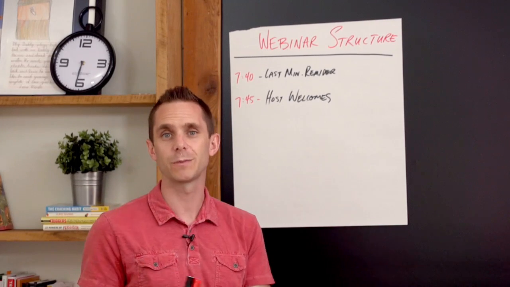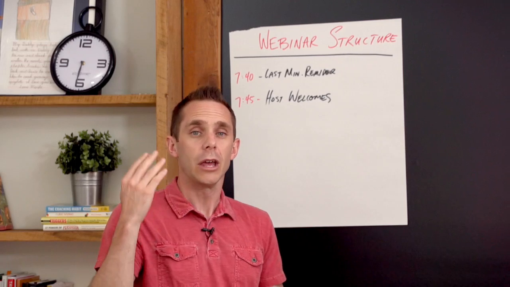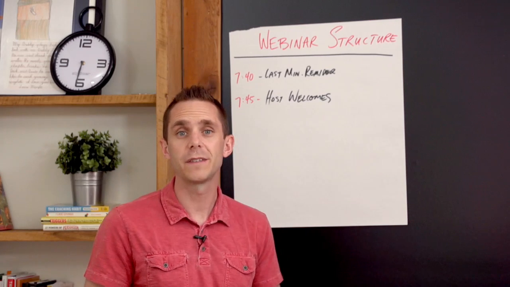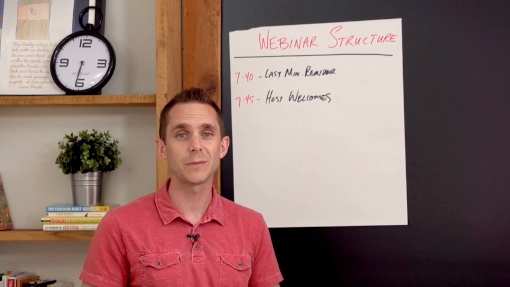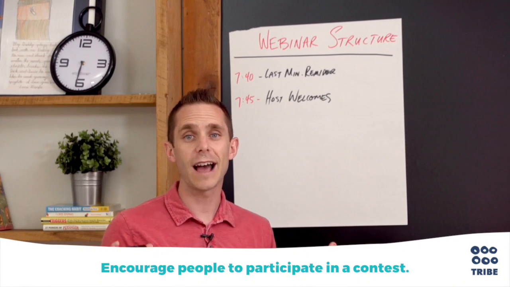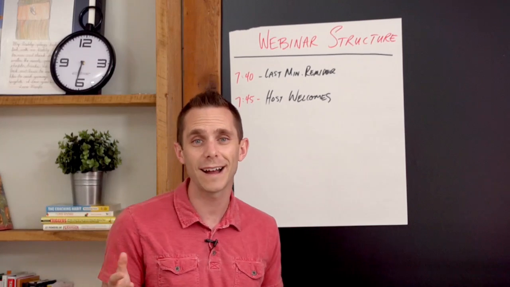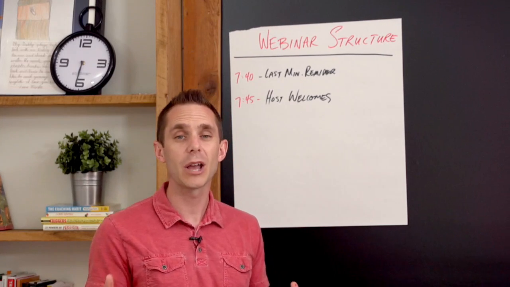So that's how we would explain the workbook. That's component number 3. Component number 4 is that we would encourage people to participate in a contest. And so we would say, today, not only are you going to get an incredible presentation, but we've also got a great contest. And you can participate by going to